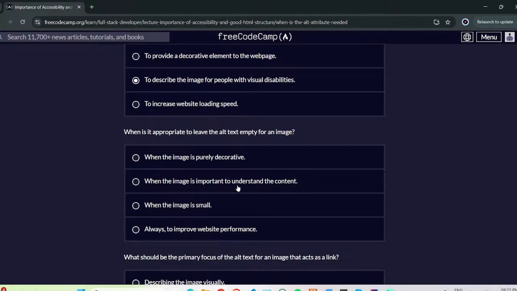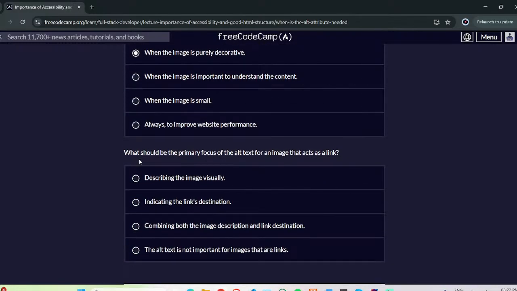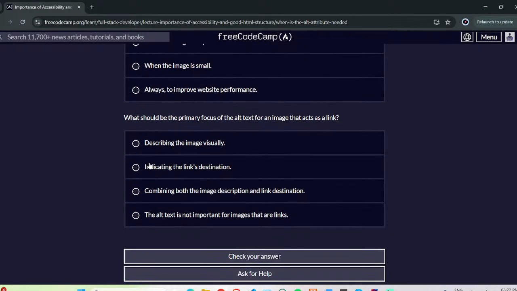When the image is important to understand the content. When the image is purely decorative, I guess. What should be the primary focus of alt text and image that acts as a link? Describe the image visually, indicate the link's destination, combining both image